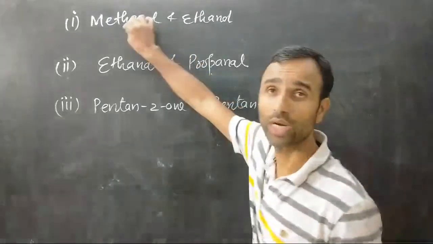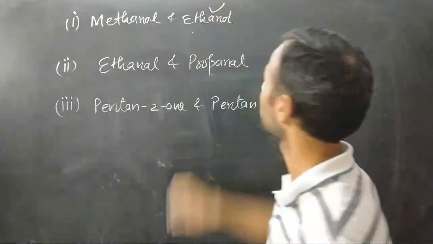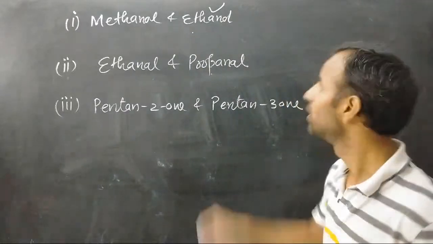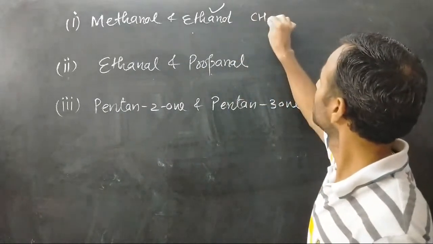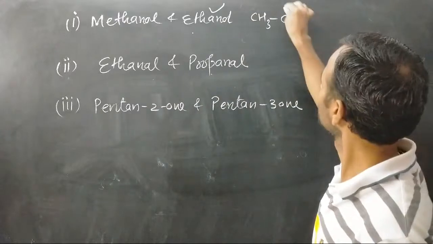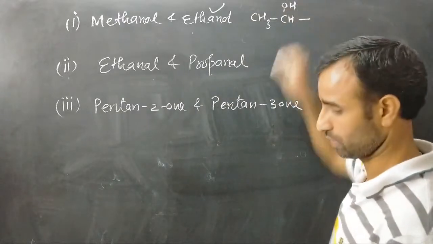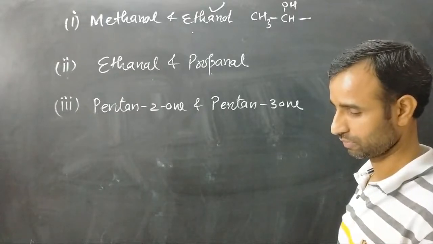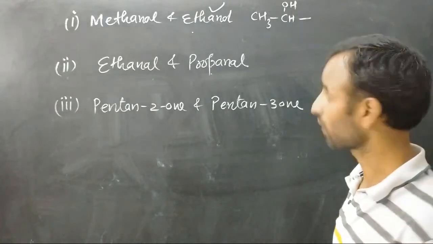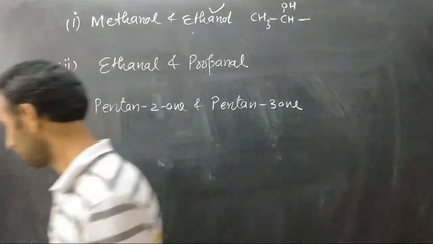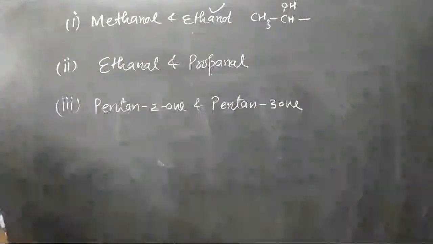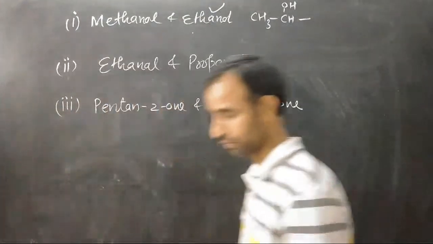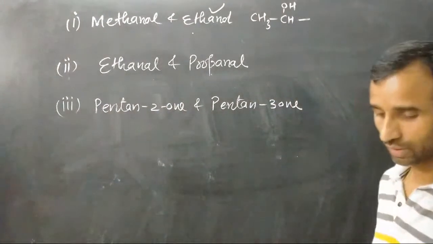Out of methanol and ethanol, ethanol will give the iodoform test, right? Because ethanol has the CH3CHOH group. Very good. In the second, out of ethanol and propanol,